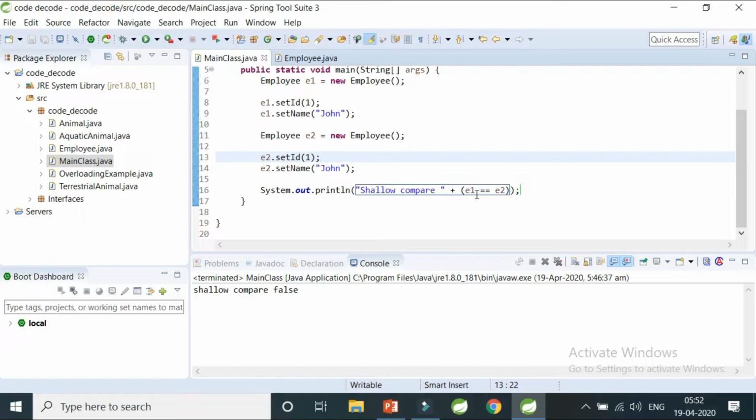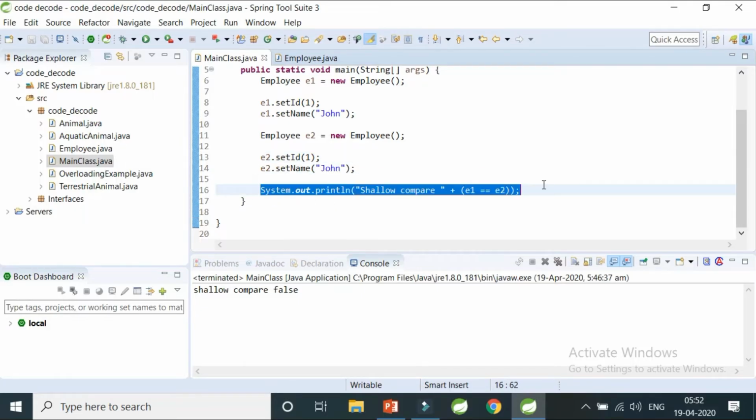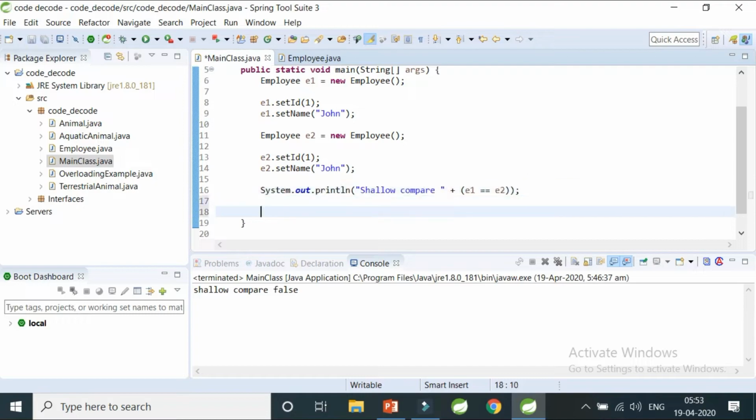So now the issue is gone. What does this do? This is nothing but a memory comparison: what are the memory addresses of the e1 and e2 objects. For sure, as of now, they are different because we have used the new keyword. If you had done e2 = e1, then this would prove true. But as of now, it is going to be false. So this is shallow comparison.